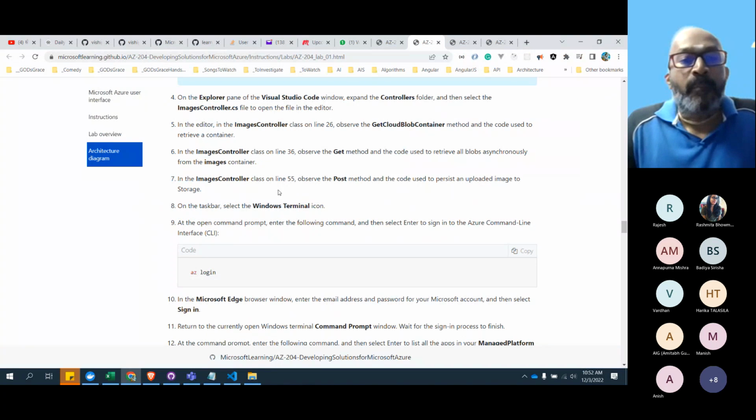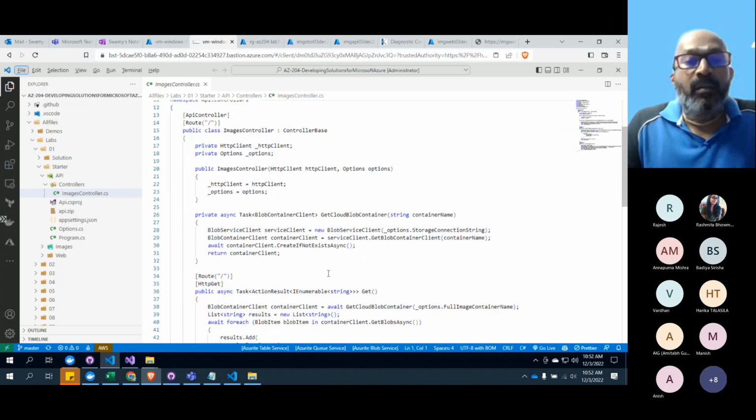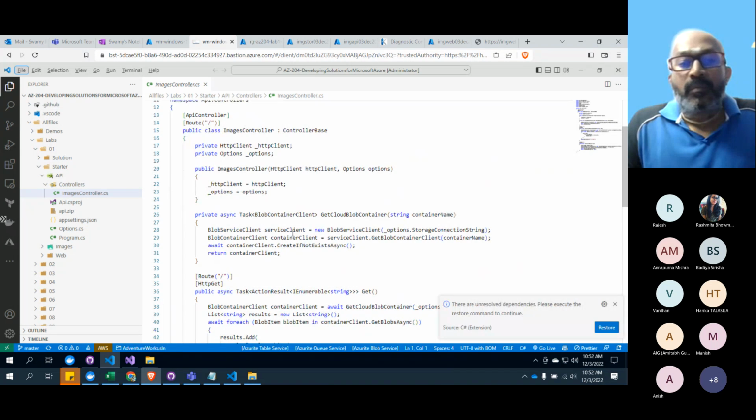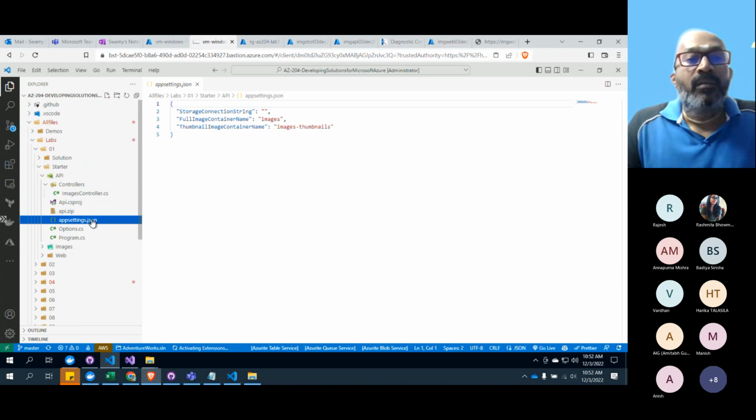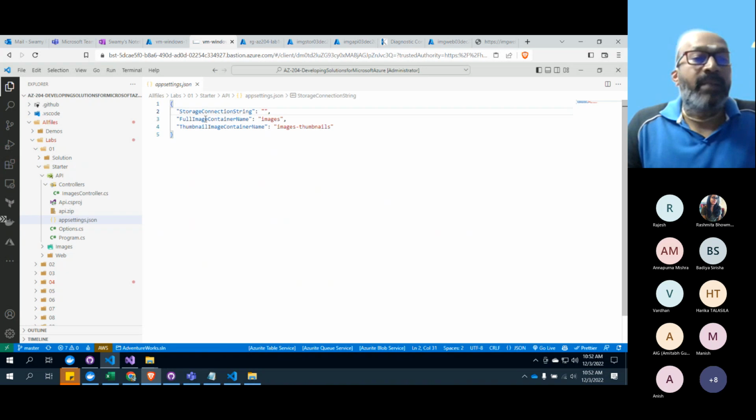Let's go to the image controller. You can see that in the image controller, in line number 26, we are getting the blob container, and it is using the connection string. The connection string is coming in from the app settings.